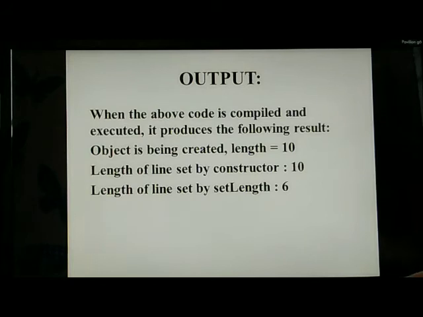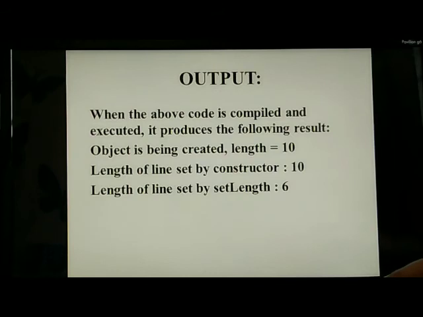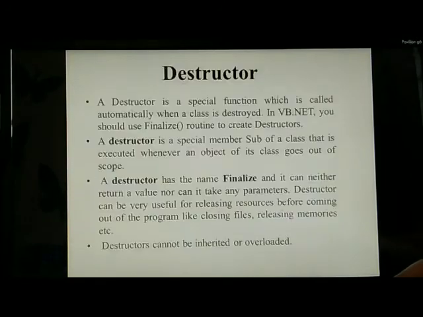Now the second statement, length of line set by a constructor. This is the statement after the object is created, and after that the set length line is executed and printed in the output.